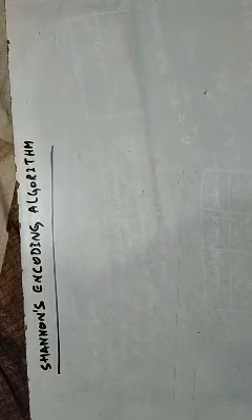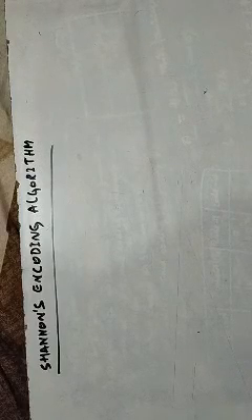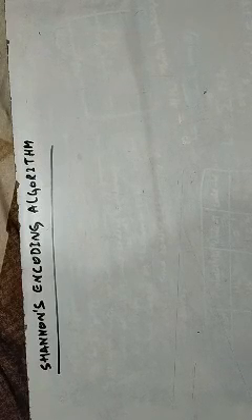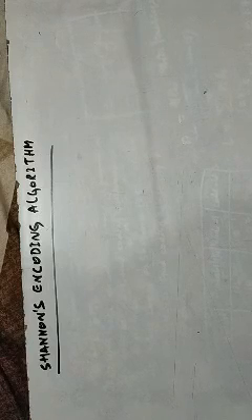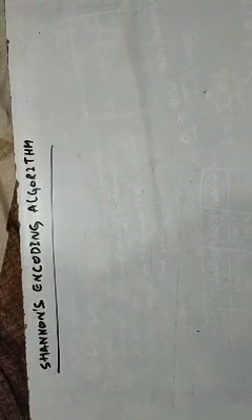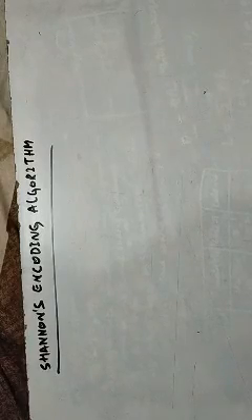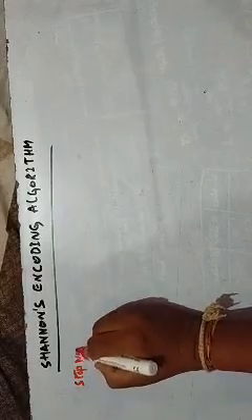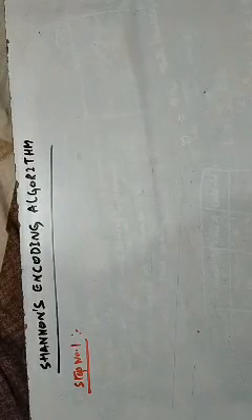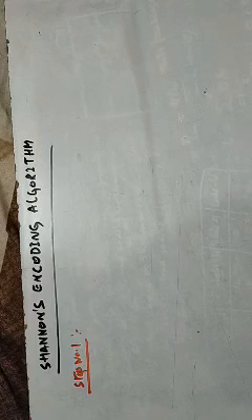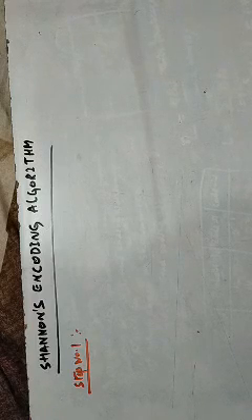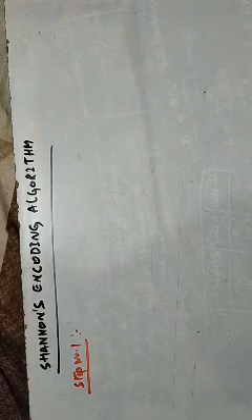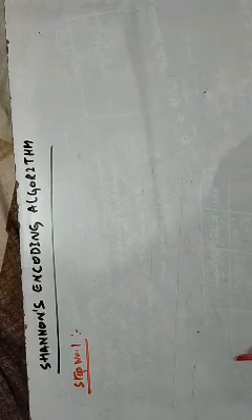Shannon's encoding theorem. The following steps indicate Shannon's procedure for generating binary codes, which are based purely on equations. Step number 1. If you follow these steps, you can generate the binary digits, the bits to be transmitted through the channel. First, list the source symbols in the order of non-increasing probabilities.